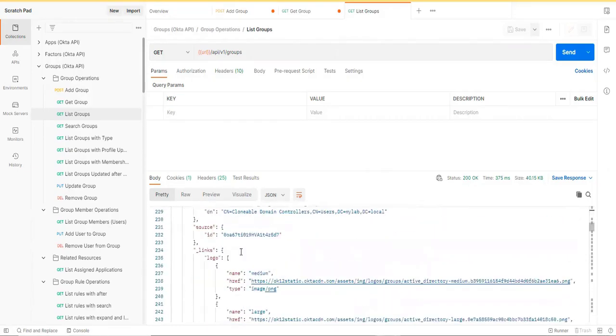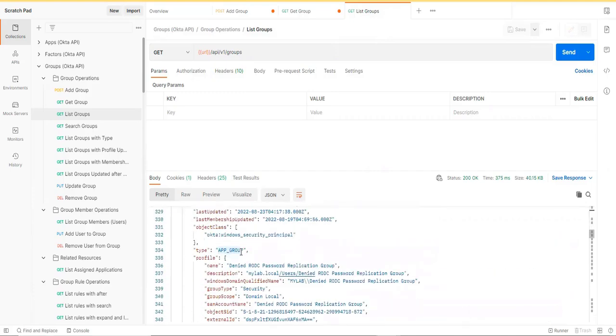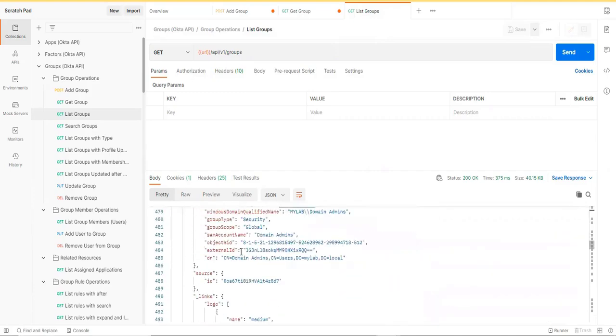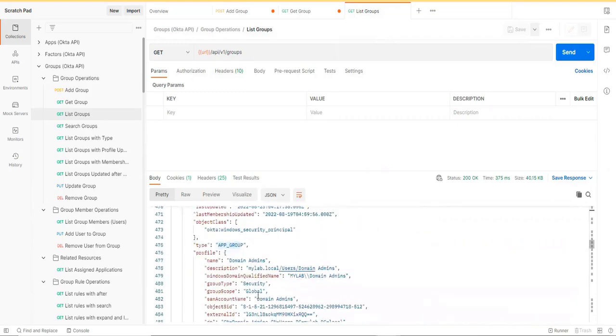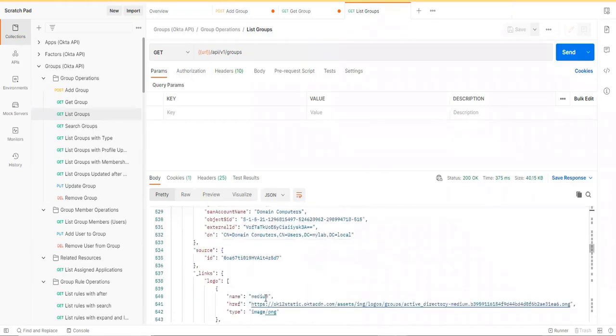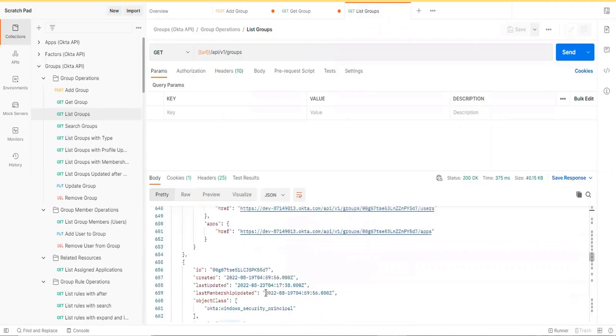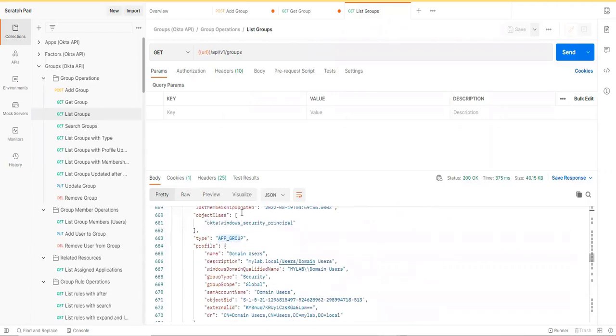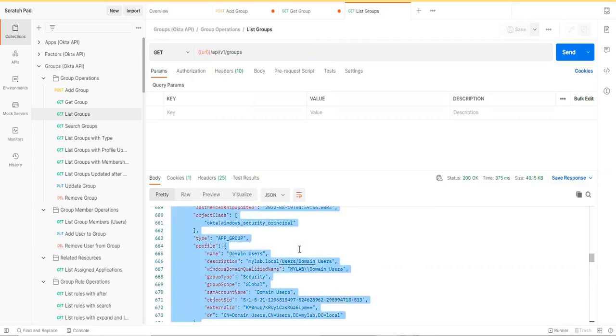Let me show you that. Okay, I think app group is nothing but an AD group, the Active Directory group. We have mentioned this app group. Likewise, if you want to convert it to Excel, as I said yesterday, convert JSON to CSV.